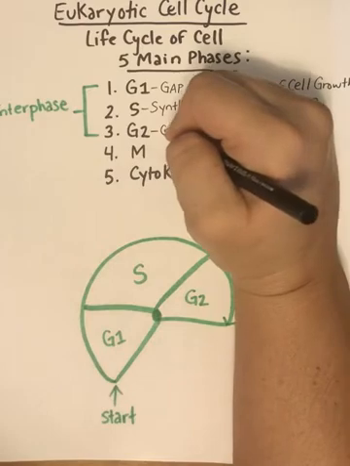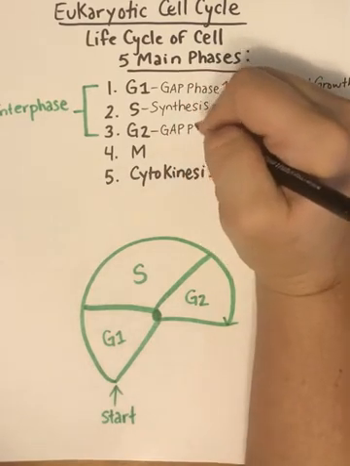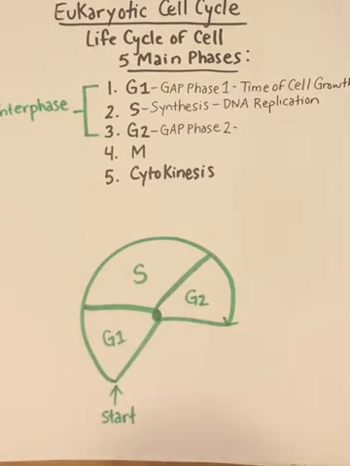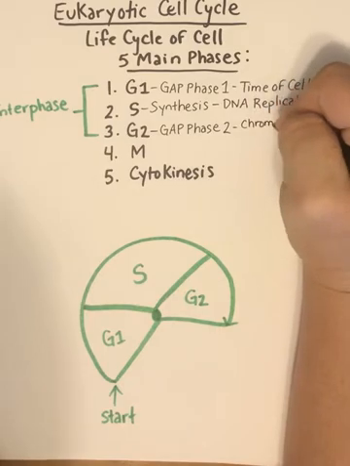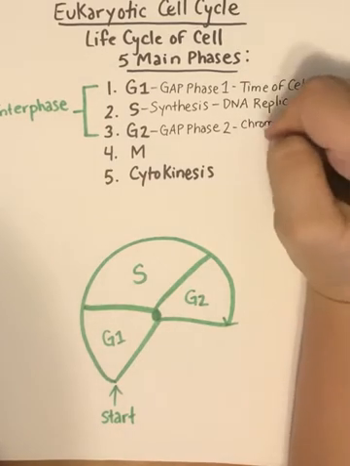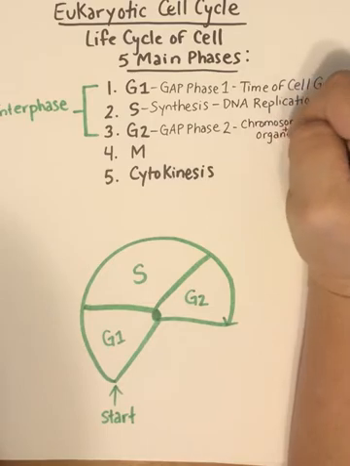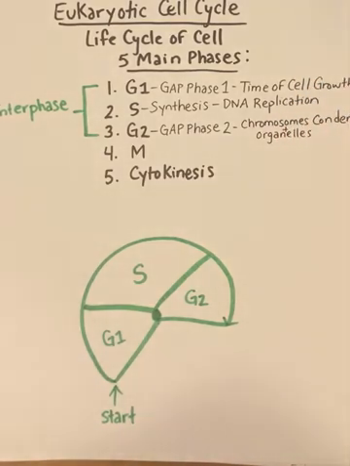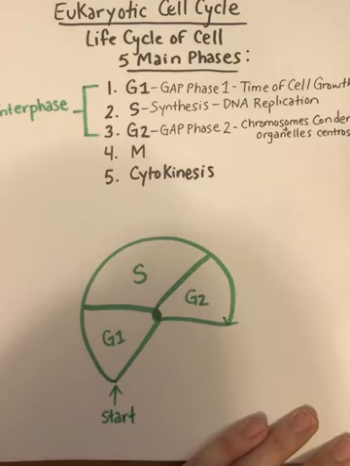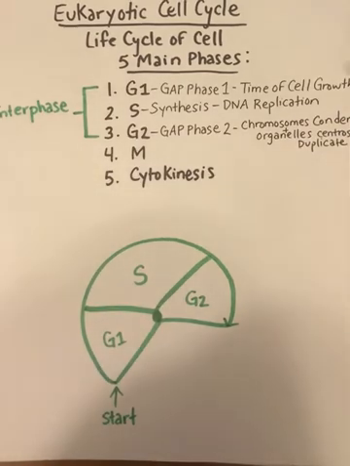The third phase is called gap phase 2. During gap phase 2, your chromosomes are going to condense and become visible. And your organelles, such as your centrosomes, are going to duplicate. Now, the reason we duplicate our organelles, centrosomes, is so that we can actually divide